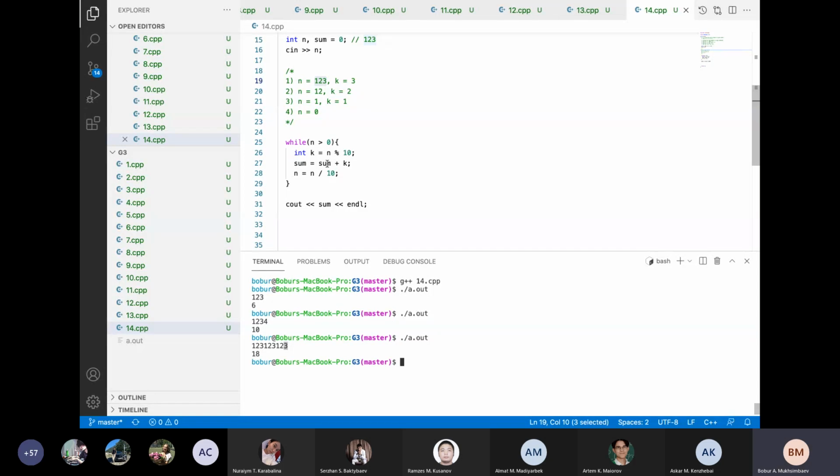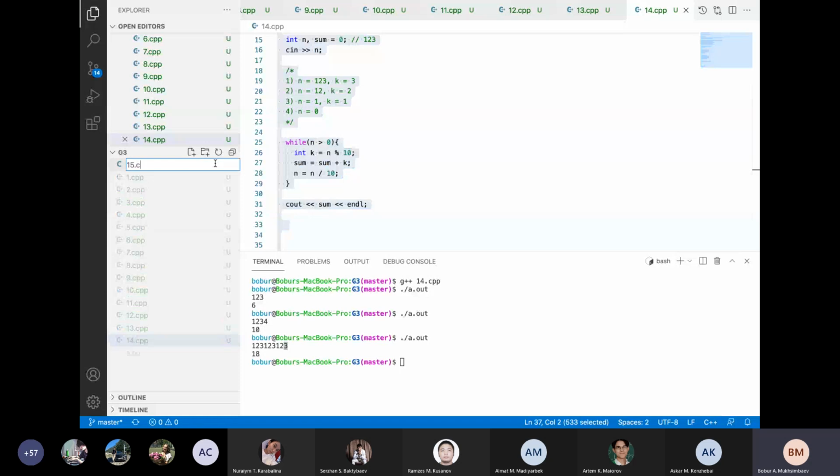After getting the last element, we are removing it. Getting the last element, removing it until this N is not becoming 0. If it's 0, it means we finished calculating our solution. That's it. Let's take the 14 and 1 or 15 CPP, and inside it we want to